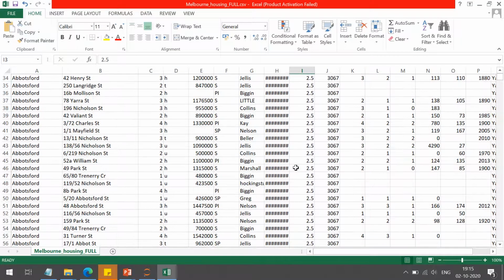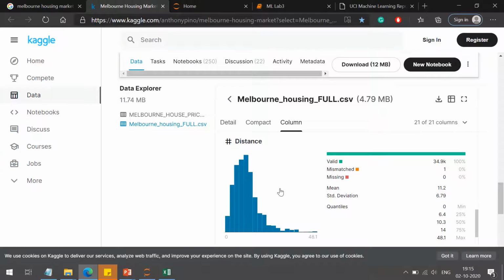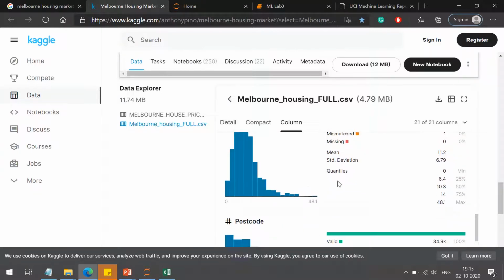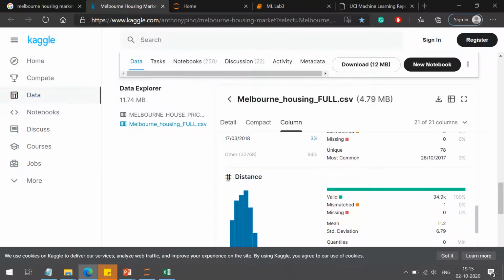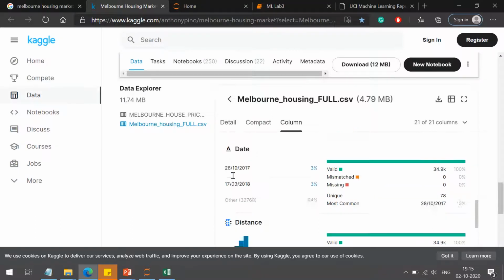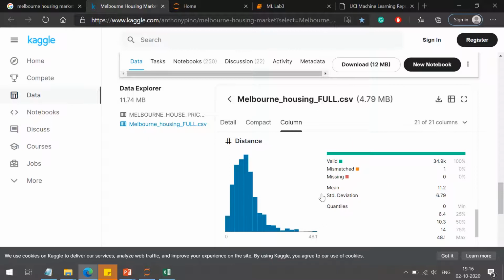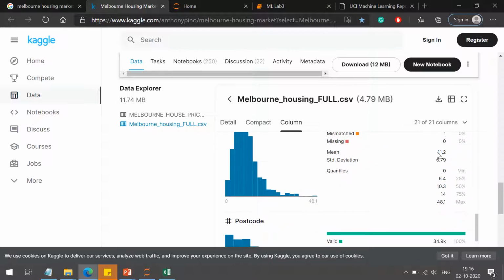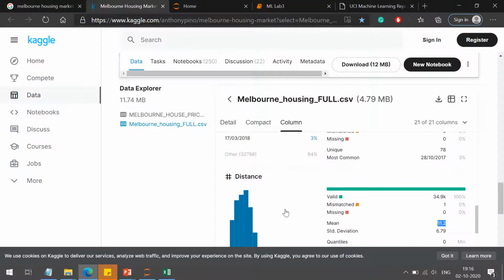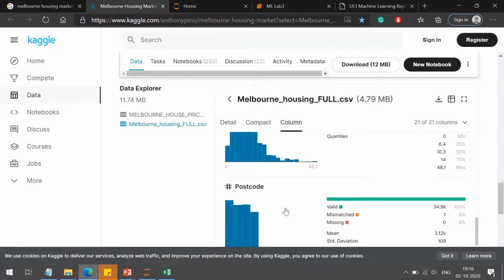These hash symbols represent numbers, and this A represents string values. Here the mean is 11.2, maybe the distance from the center of the city.